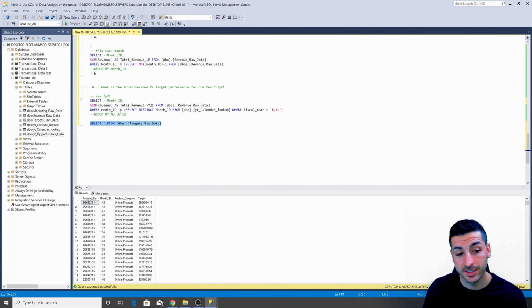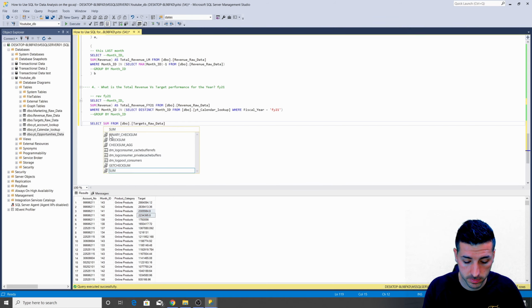So in the targets table, as you can see, we have account, month ID, product, and target. We don't have fiscal year in order to just filter out FY21. So we need to use a similar approach as question 1. So I'm going to select and then say sum the target as target,